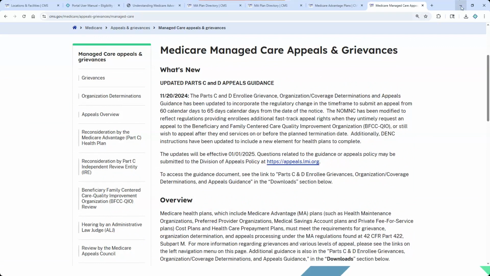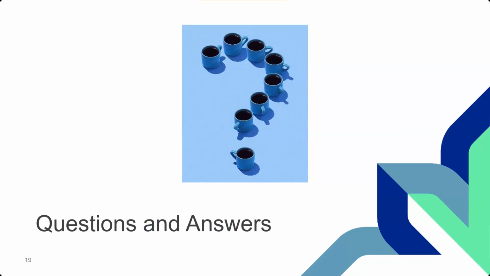The next question is, why is there so much variation between traditional Medicare rules and various MA plan rules? The variation is allowed and it is encouraged for patient coverage choices. Remember, the whole point of a Medicare Advantage plan was to give the patient a choice in how they want their Medicare coverage, the benefits that they want, the administration, all of that type of thing. So that's where it comes from, and that is really the goal of it, is to allow those choices. Okay.